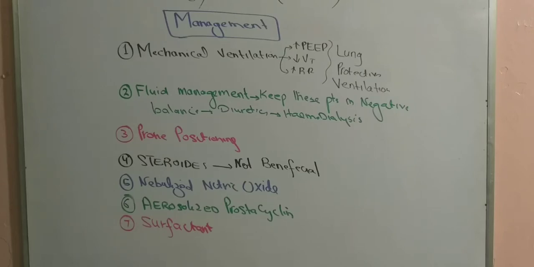Why? Because when there is vasoconstriction, the blood will be going to that part of the lungs which does not need the blood. So sometimes we use a vasodilator like nitric oxide. We nebulize the patient with nitric oxide, which again will decrease the shunt and help the patient. Then prostacyclin can be used in some of these patients, but it's again a vasodilator. It can be beneficial, it cannot be beneficial, but this can be used.